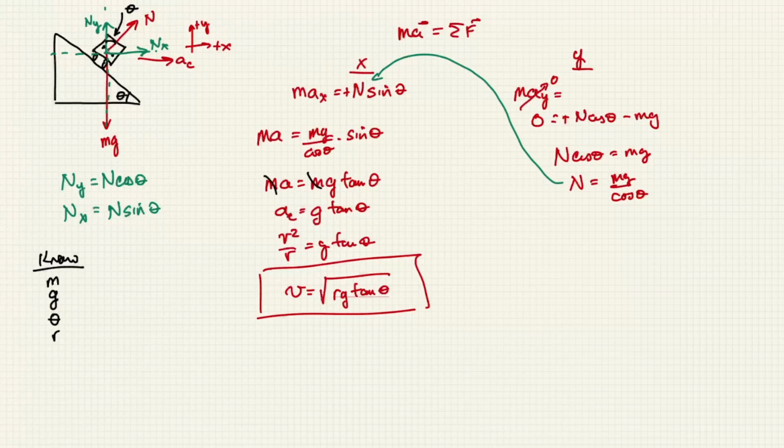isn't zero. For a given radius of turn and a planet that you're on, in most cases Earth, 9.8, and an angle that isn't zero, the tangent will have a non-zero value. This is a non-zero value if you put numbers in other than zero, right? So that means, based on the radius of the turn and how steeply banked it is, there is a safe speed it can take. And if the turn is banked at 90 degrees,